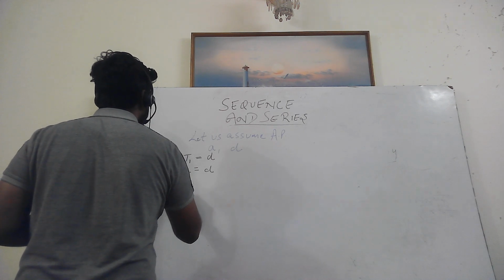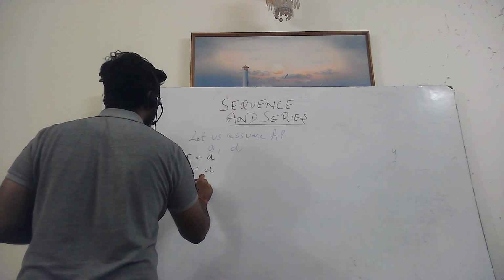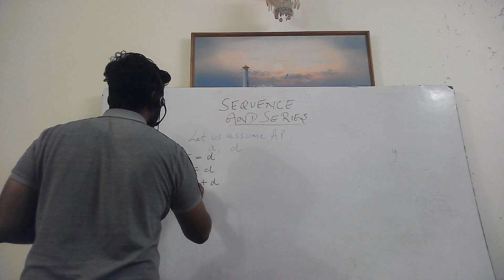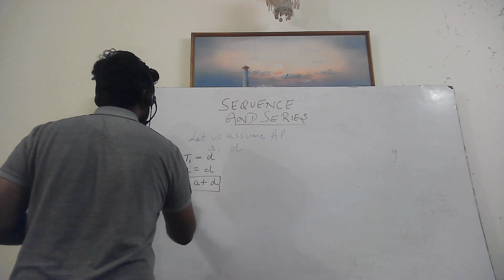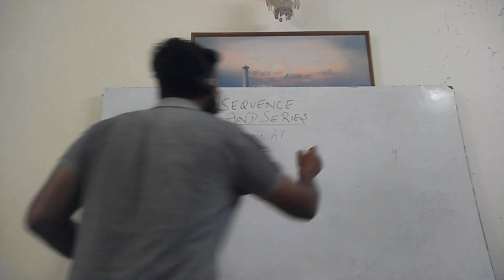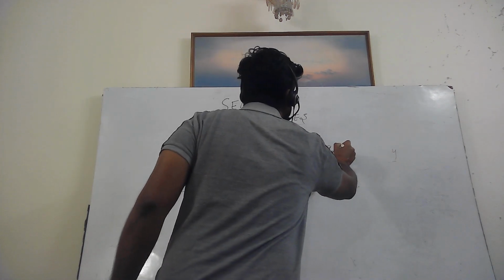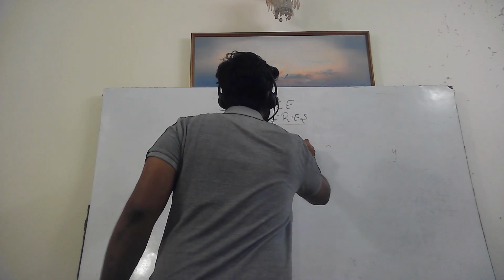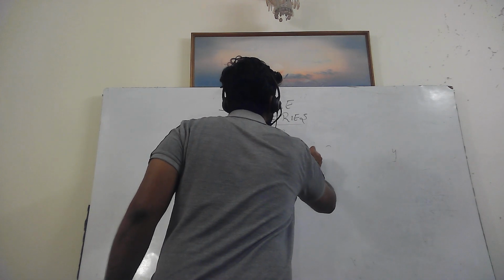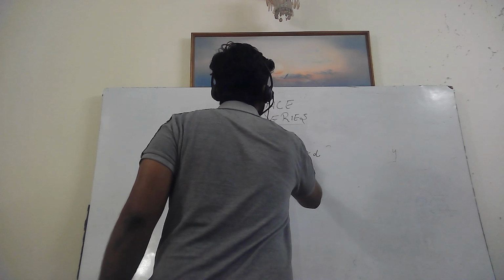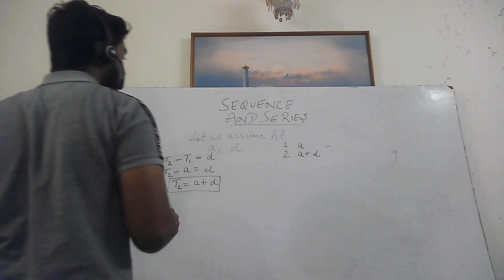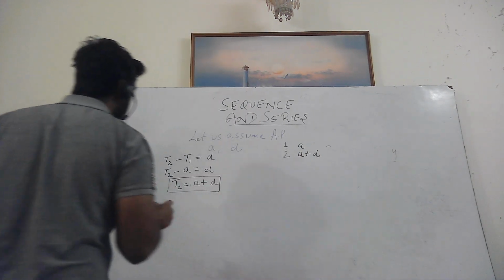So what's the value of T2? It is A plus D. T2 is equal to A plus D. So the first term is A, and if common difference is D, second term is A plus D. This is the first term, this is the second term. Let's talk about the third term. We know that